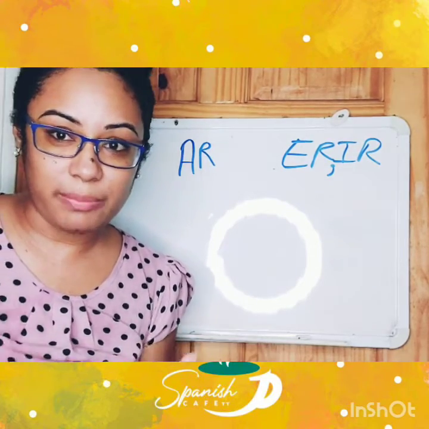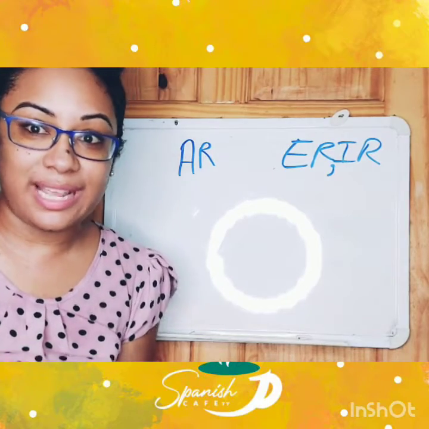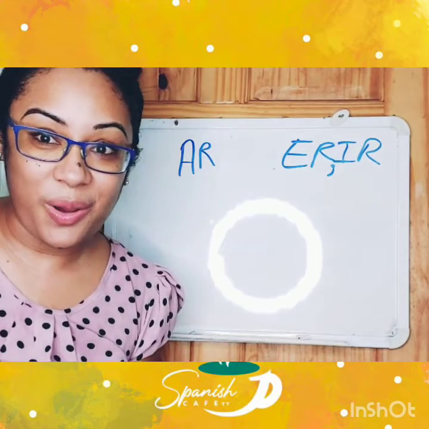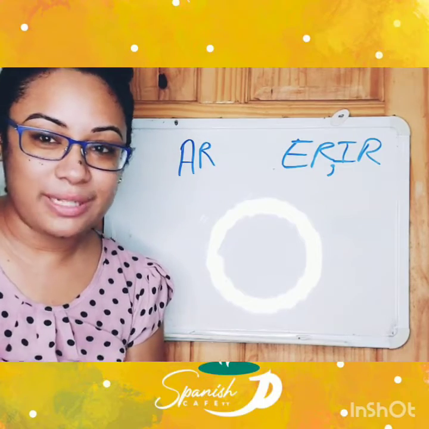Okay? I jump, you jump. Because if I say jump, we don't know who's jumping. So we have to say I or you, he or she or it. Alright? After we put that there, then we're going to take off the ending.